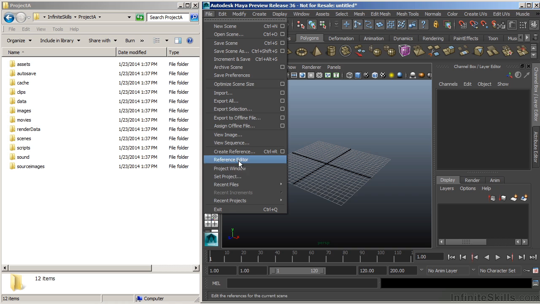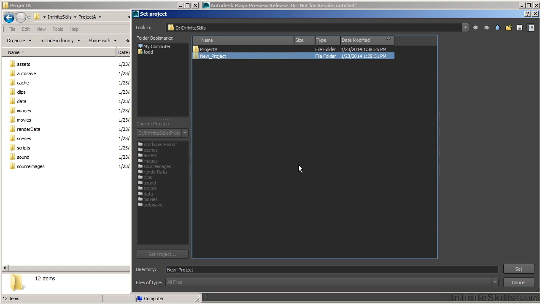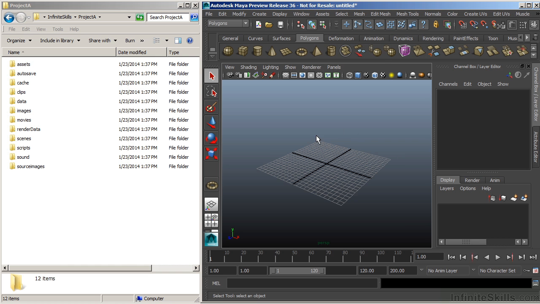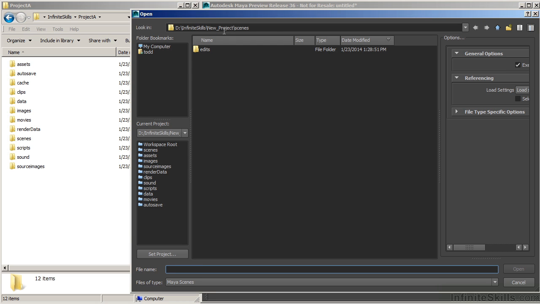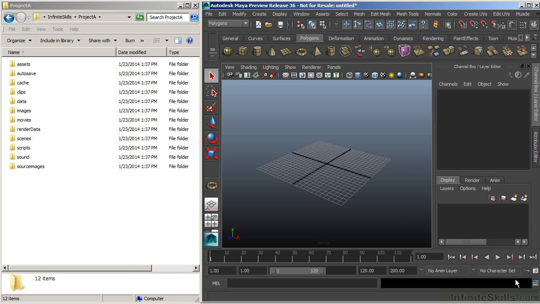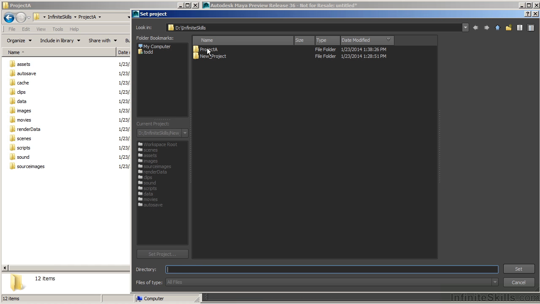So let's go to File, Set Project, and we'll set it to New Project. Our current project is Project A, but I want to come back to that since I deleted that workspace.mel, and I want to show the error message that we're going to get from that. So I'll choose New Project and choose Set. And now when I go to File, Open Scene, it automatically puts me into that New Project Scenes folder. So let's cancel that. And coming back to deleting that workspace.mel file, if I choose Set Project, and we choose Project A,